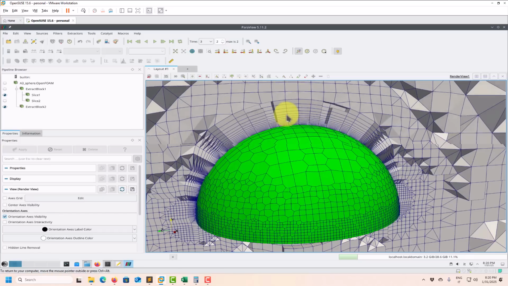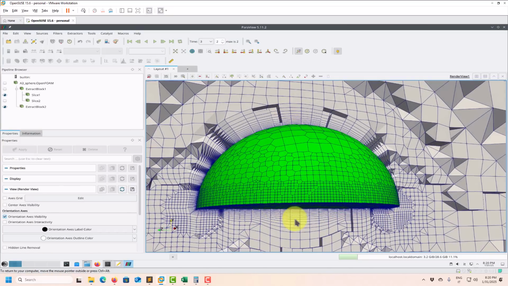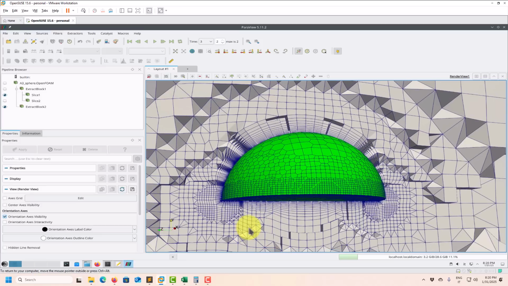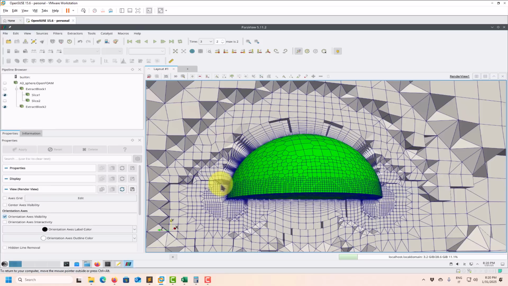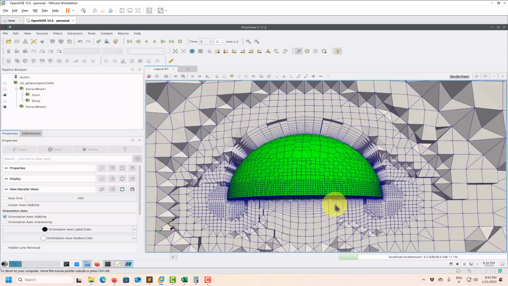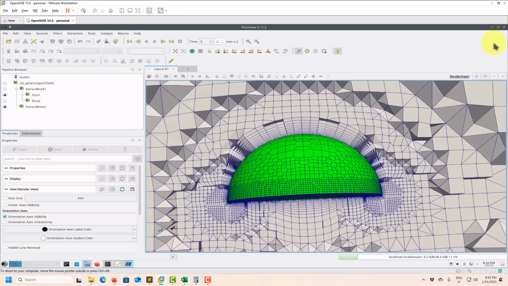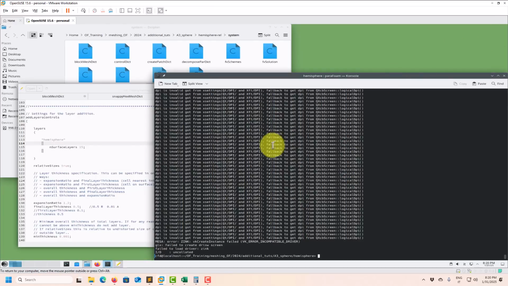But this might be not very nice visual, in particular here. Again, I relate this one to that terrific 2:1 expansion ratio of the method used, the octree structure in Snappy. But this is very nice because you are controlling the transition from the boundary layer to the next cells, okay, very smoothly. Okay, so this is what you should aim for. So this is what is happening. This is what I like. So to control that,